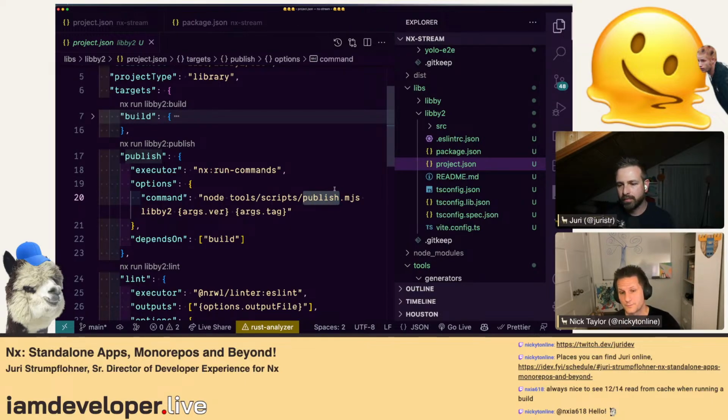You can obviously customize that publish.mjs file, but it's just nice. A lot of what I do at Netlify is focused on removing friction for developers. Even if the publish command isn't exactly how you might want it for your particular project, you're already given a pretty good boilerplate to get started, and you could customize it. That's where it's powerful. You could create your own generator to create the publish script that you want. But no, this is super powerful.